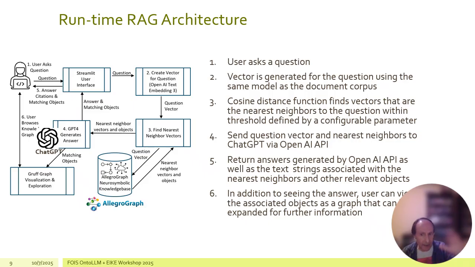Again, this all goes on underneath the hood. It's all done for you by an extension to SPARQL from AllegroGraph that calls the OpenAI API. Then step 4 is the OpenAI API returns an answer generated by the GPT-4